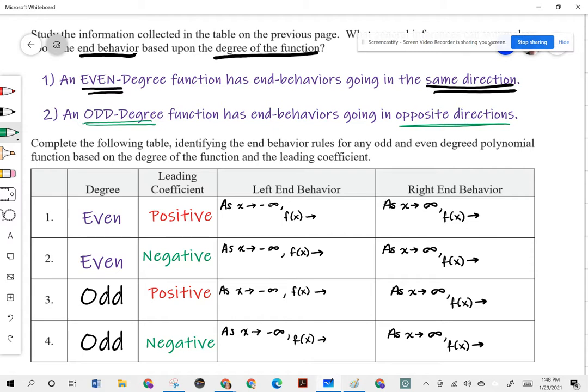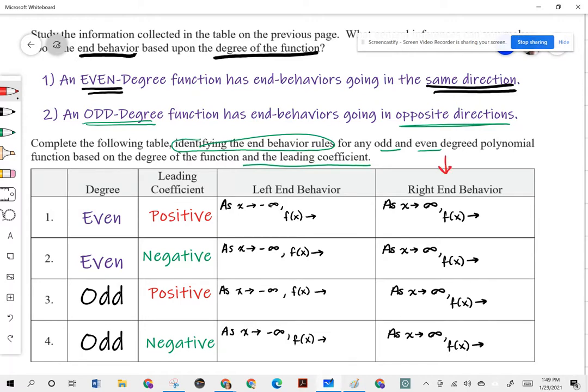So we are completing the table, but we are going to identify the end behavior rules for odd and even degree polynomial functions based on the degree of the function itself and the leading coefficient. So here we have 1 and 2 are both with degrees that are even, and then we have whether or not you have a leading coefficient that's positive or negative. So I am going to fill this out so that we have the proper notation. So left end behavior, as x approaches negative infinity, when you have an even degree and a positive leading coefficient,